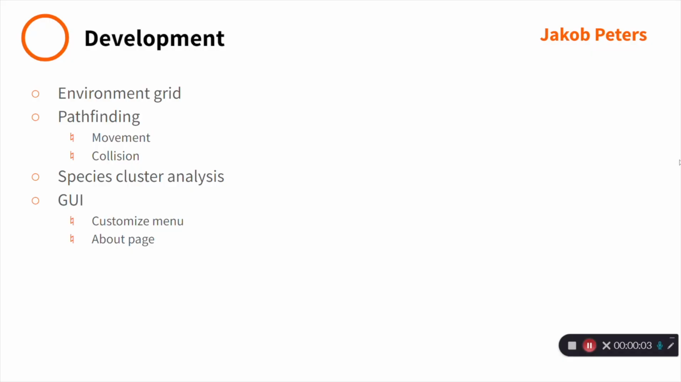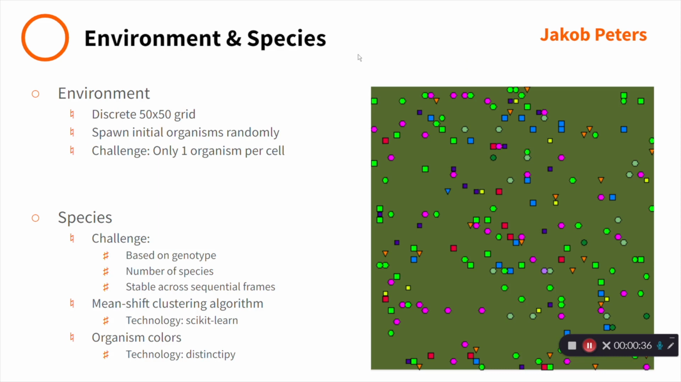Hello, my name is Jacob Peters. I will be focusing on an overview of some of the main contributions that I've made to this project. So, somewhat sequentially, I helped plan out the environment grid that the organisms lived on, the pathfinding of the organisms, the algorithm to determine which species an organism belonged to, and a couple of pages in the GUI. So to start with,